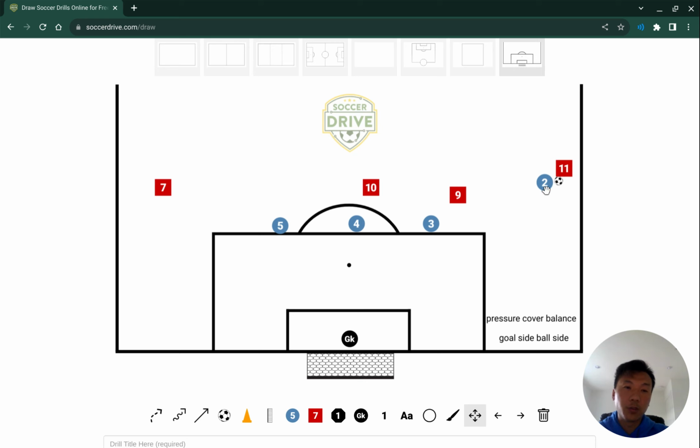Now, first, number 2 has no cover behind. If 11 beats him, then we have no solution. Okay, so if the number 3 wants to go, it's too far. And then by the time he goes, number 9 is wide open. They have so much time to decide to connect with the 9. Now it causes